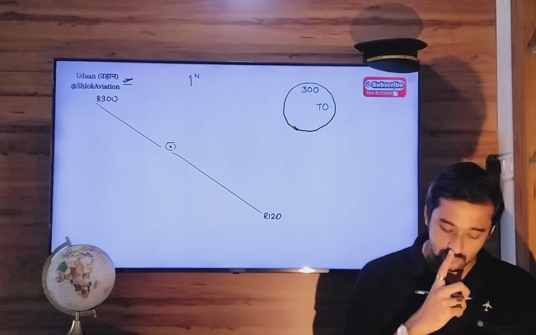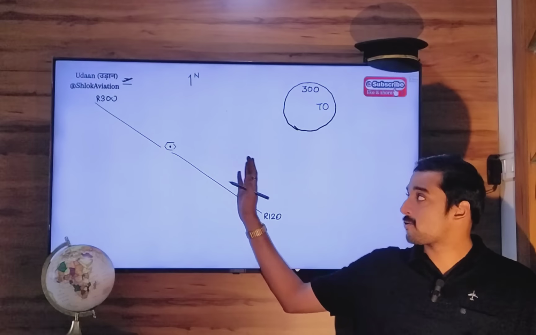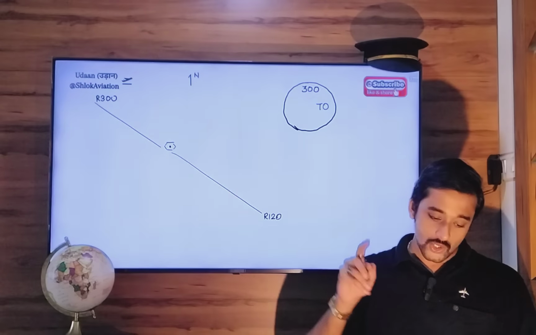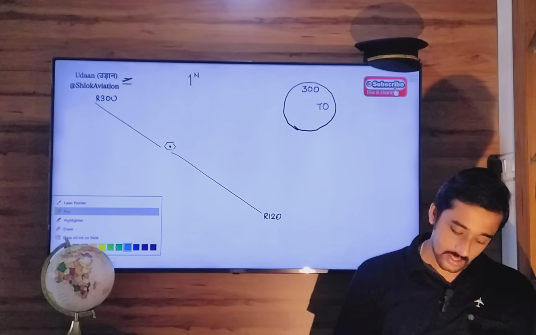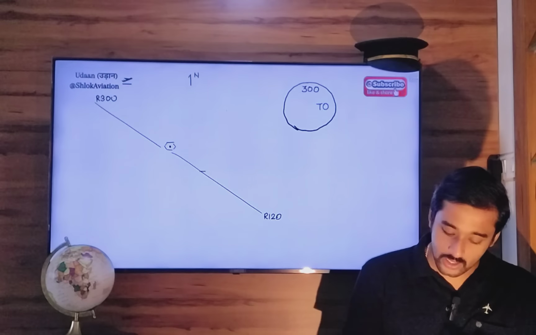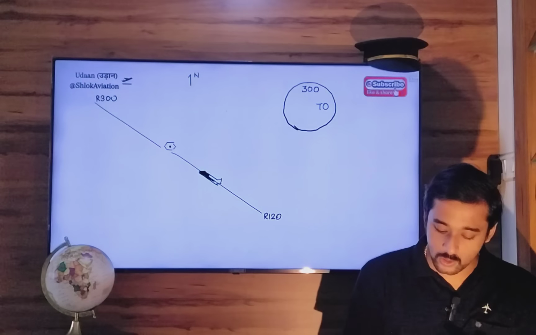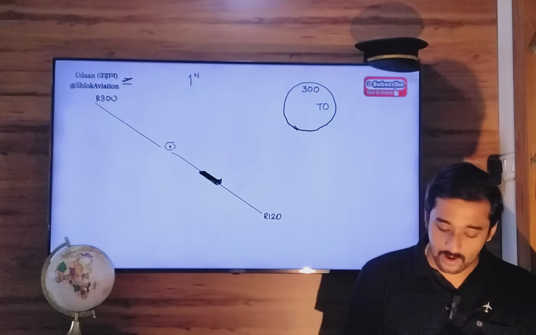That means you are on this side of the VOR and you are flying towards this VOR. Okay. So originally in ideal condition, you are expected to be on radial 120. You are expected to be on radial 120, flying inbound,